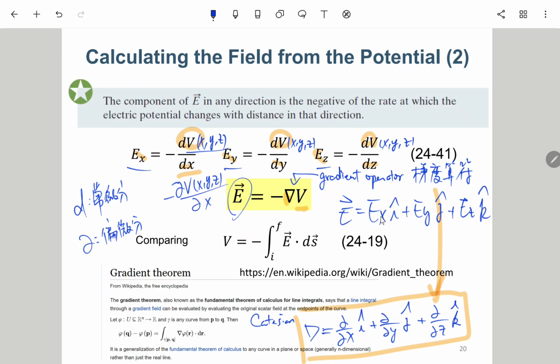After using this expression, which is like this one multiplied by this one, you distribute and have totally nine terms, but only i dot i, j dot j, k dot k will be 1. The other terms turn out to be 0. So this means that the gradient of V can be expressed as partial v partial x i hat